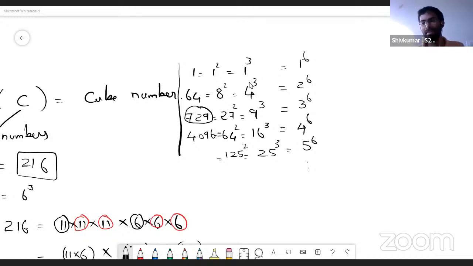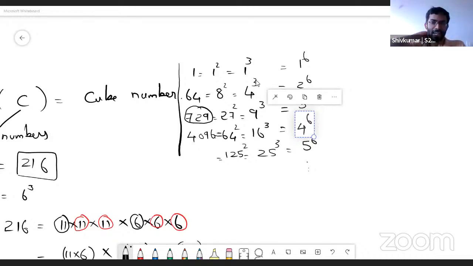So they are the sixth power of natural numbers. Exactly. So if you take the sixth power of natural numbers, automatically we're getting a number which is both a square as well as a cube. Right? Nice. Sorry, I was thinking about some other sequence. Right. These are powers of 6. Whenever we have something, we should try to look at it from different angles.